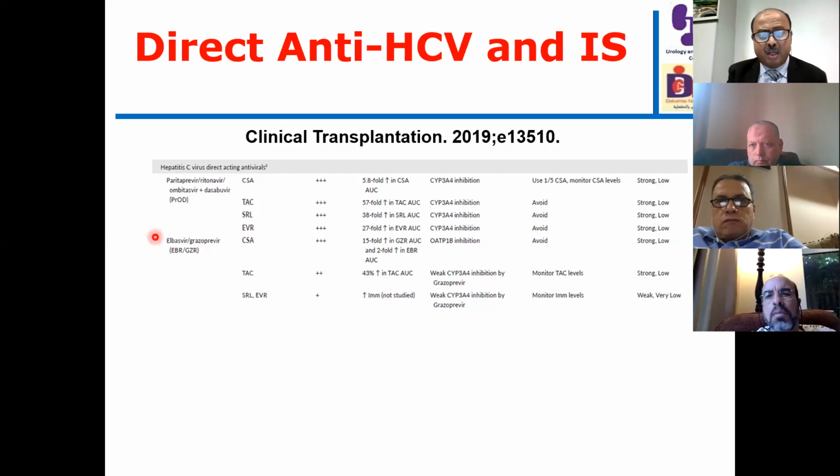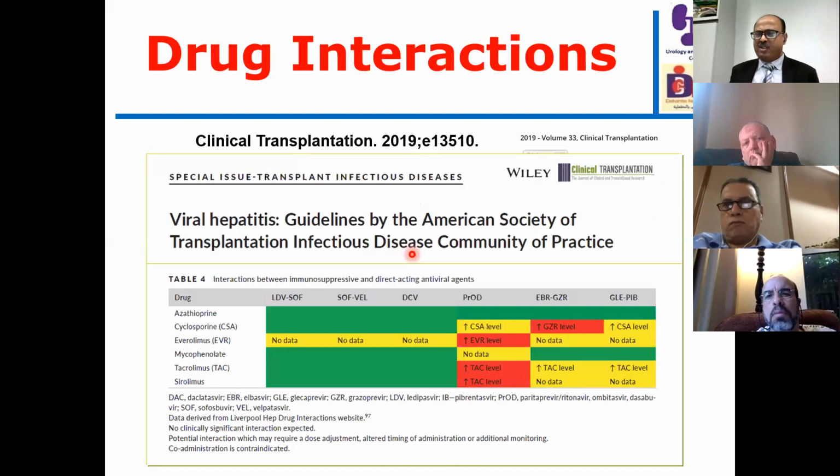Another drug is elbasvir grazoprevir, known as Zepatier, which can be used in any stage of kidney function, even in dialysis. But this combination should be avoided with cyclosporin, because cyclosporin causes a 15-fold rise in grazoprevir. This is why, in a very simple manner,